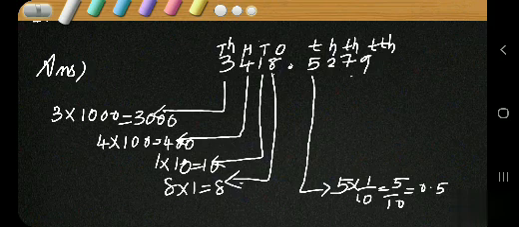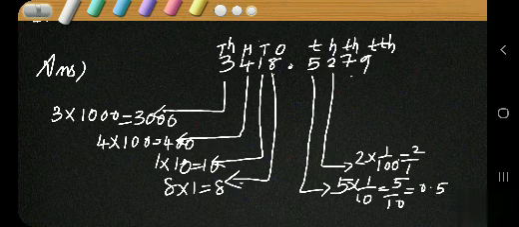We have discussed this earlier, isn't it? Similar problems have been discussed earlier. Now, place value of 2. 2 is in which place? Hundredths place. That means 2 into 1 by 100, that's equal to 2 by 100. Isn't it? 2 by 100 means 0.02. Since I have no space, I am writing like this. Please write neatly. 2 by 100 is equal to 0.02.